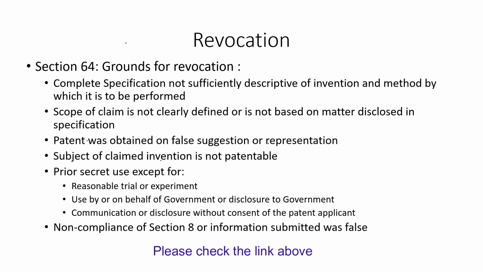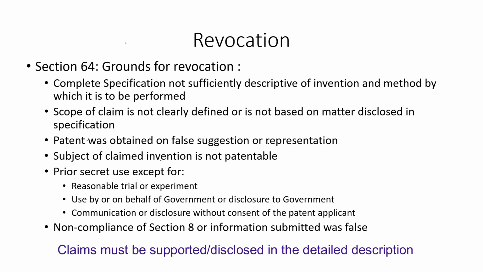So in one of my videos related to section 10(4), I had specifically mentioned that the complete specification should sufficiently and completely describe the innovation. In case you are not doing it, your patent is liable to be revoked. Further, in case the scope of claim is not clearly defined, or it is not based on the matter which is disclosed in the complete specification, if it is beyond the scope of that, then your patent could be revoked